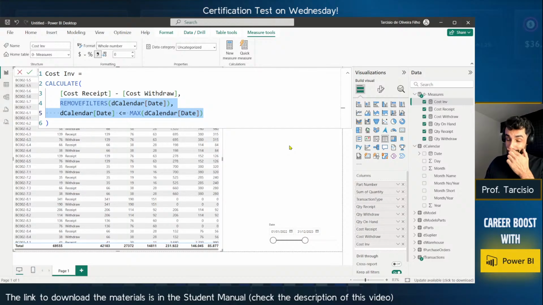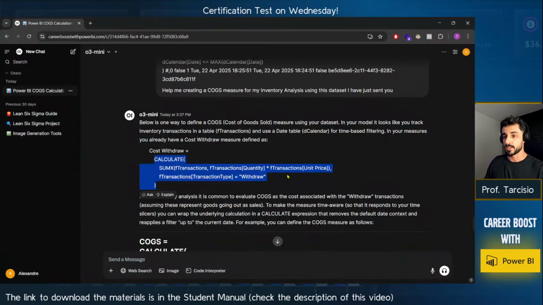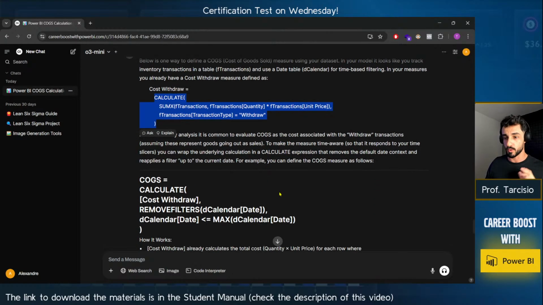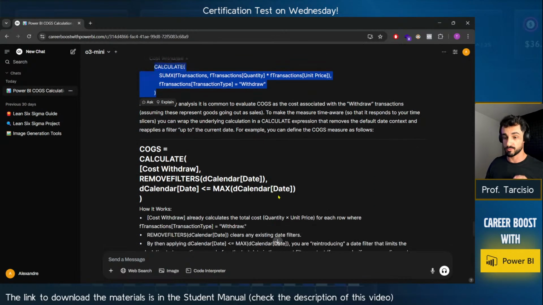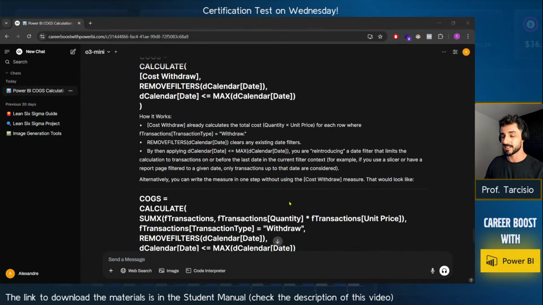Because this way, you remember, we had some costs before that. But in this case, I would change one thing still. I would create these COGS calculating only the last 12-month period. I would use only the last 12-month period, because as we have